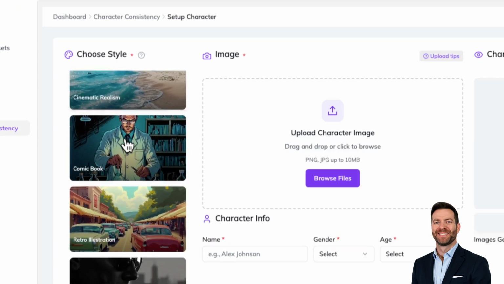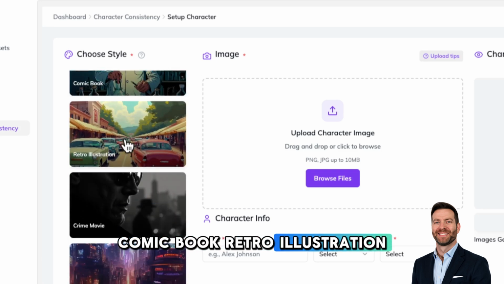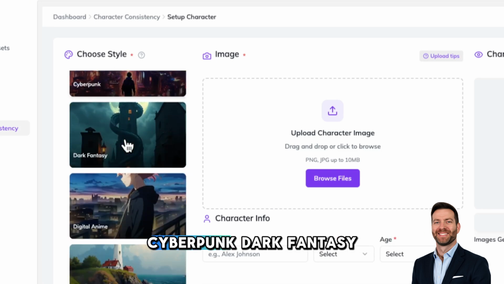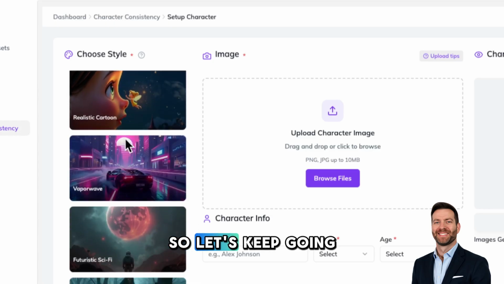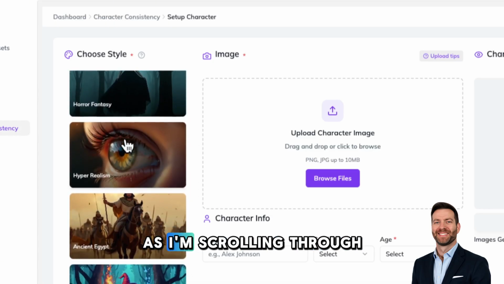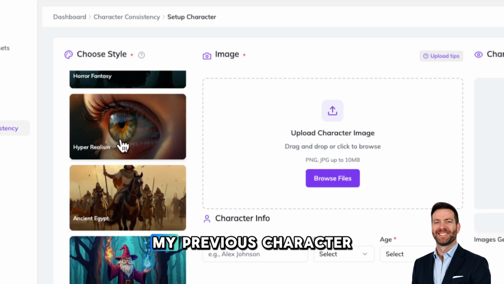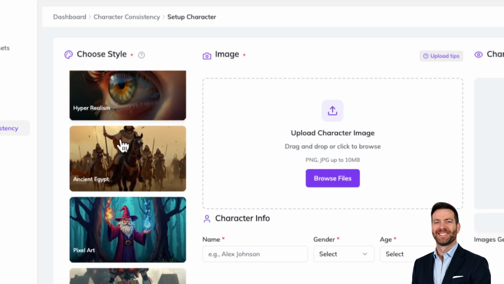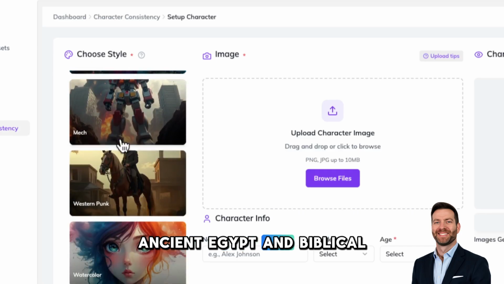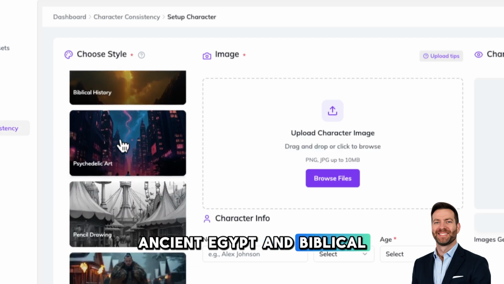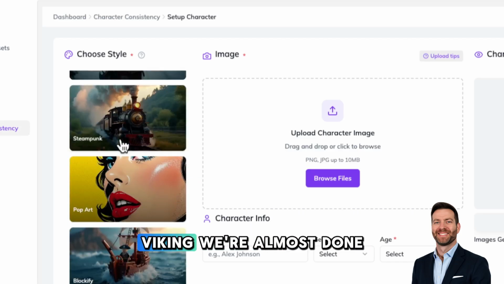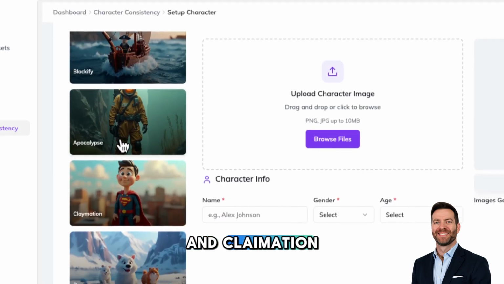Cinematic realism, comic book, retro illustration, kind of cool, crime movie, cyberpunk, dark fantasy. So let's keep going. You can see these as I'm scrolling through. This is the one that I used with my previous character, hyperrealism, ancient Egypt, and biblical history, pencil drawing, Viking. We're almost done. And claymation,